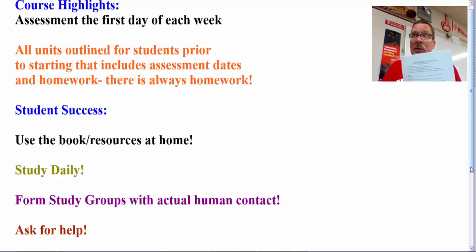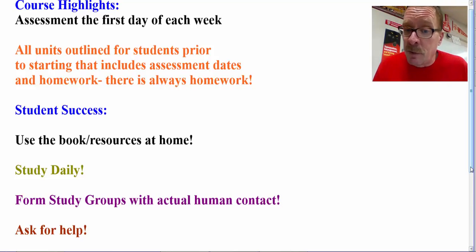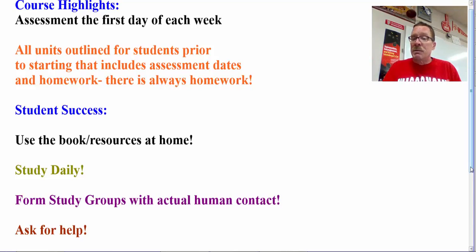But it really comes down to this: if your son or daughter tells you they don't have homework, they always have homework because they have the unit packet. So they always have practice, they always have stuff to do, they always have problems in the book they can do. Study every day if they can, manage their time as they can, form study groups of other chemistry students between my class and Mr. Myers' class, we're about the same, and then please ask for help. Those times that they can come in and get help from me in class, before school, set appointments after school